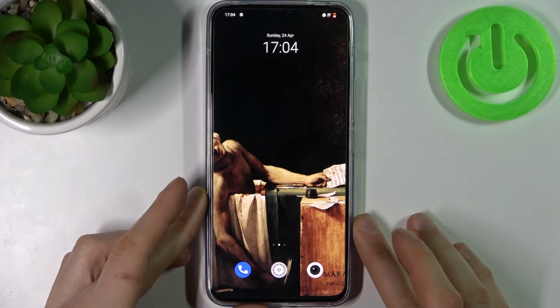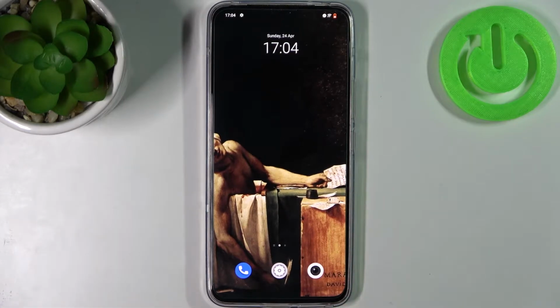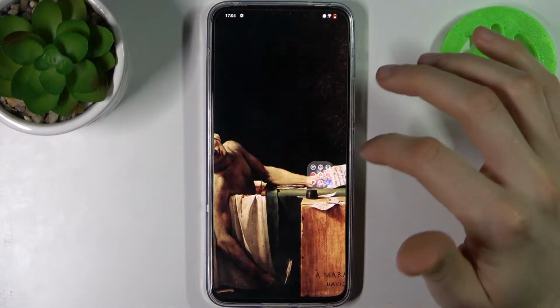Here I have VIVO V23, and today I'm going to show you how to update apps on this device. So firstly you have to go to the Play Store,